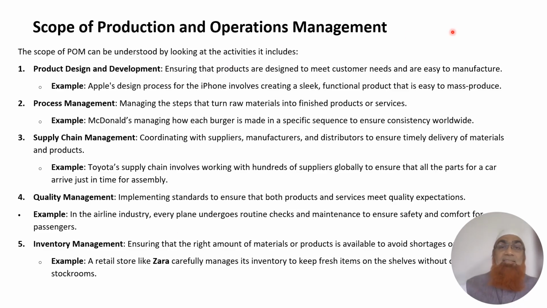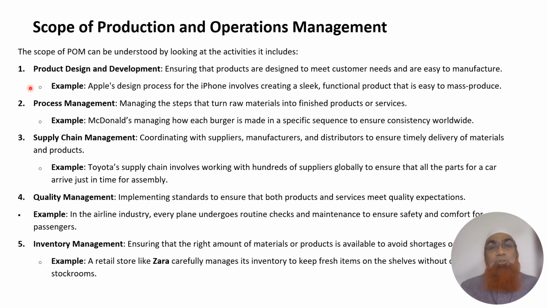Now let's understand about the scope of production and operations management. Slowly and slowly, I'm trying to make you understand about the differentiation or integration of these two things together. Now the scope of POM, which we call production and operations management, can be understood by looking at the activities that it includes. First is product design and development, ensuring that the products are designed to meet customer needs and are easy to manufacture. For example,